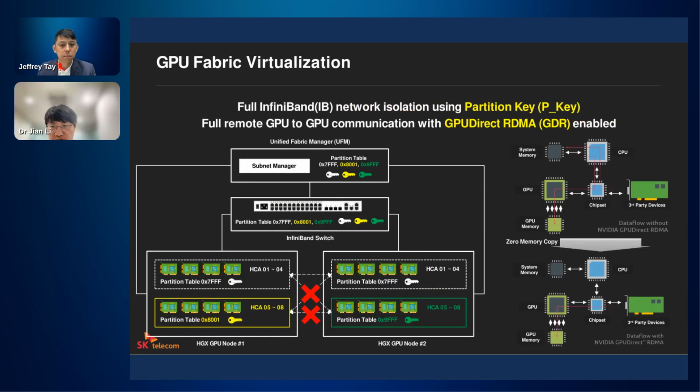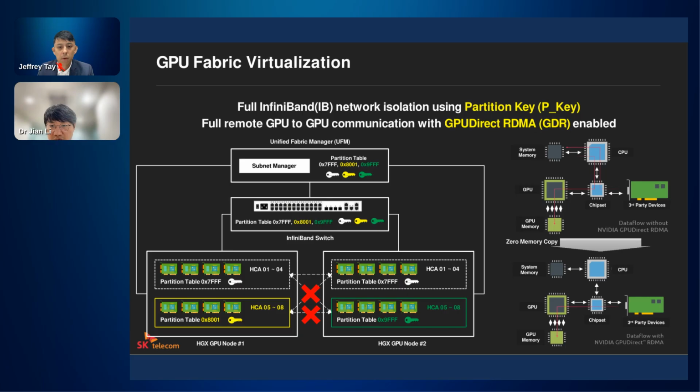In this study, I'm going to briefly explain how Petasus virtualizes the GPU fabric to deliver both high-speed GPU-to-GPU communication and strict tenant isolation. The challenge is simple. Cloud tenants need direct, low-latency GPU communication for large AI workloads, but we must prevent any cross-tenant data path. Petasus solves this by virtualizing the RDMA fabric, both InfiniBand and RoCE v2, using partitioning and GPUDirect